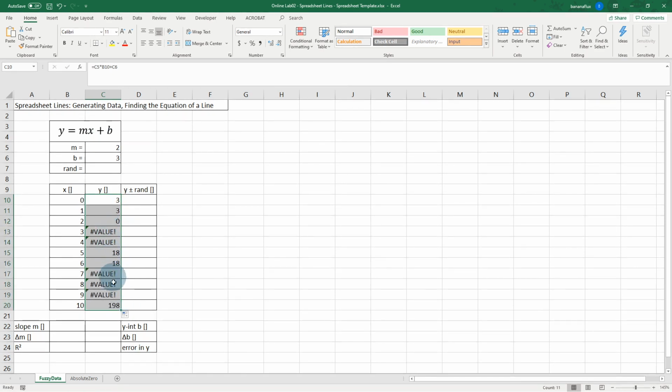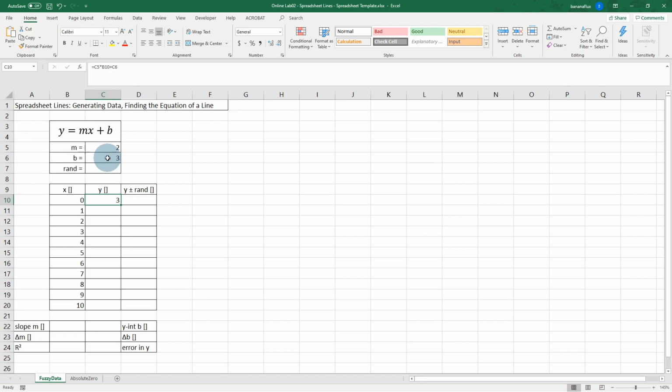Oops, we've got some problems here. What have we done incorrectly? Well, we have used all relative cell references, right? So instead of maintaining the position of m and b, which are only in these fixed cells, we have continued this pattern C5, C6, C6, C7, etc. So that's not what we want. We want to use fixed cell references. That happens a lot. We want to use fixed cell references to lock the cells